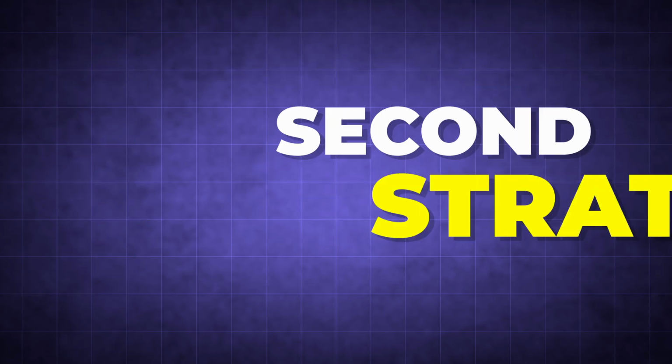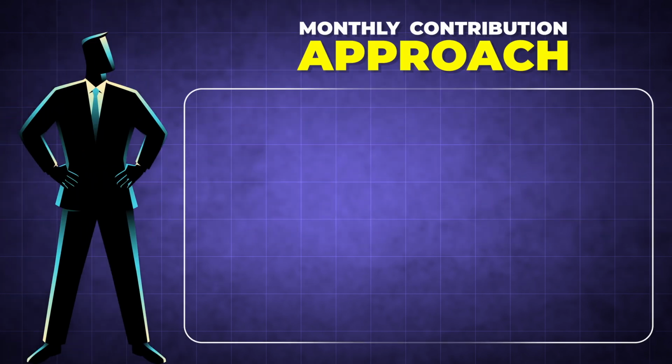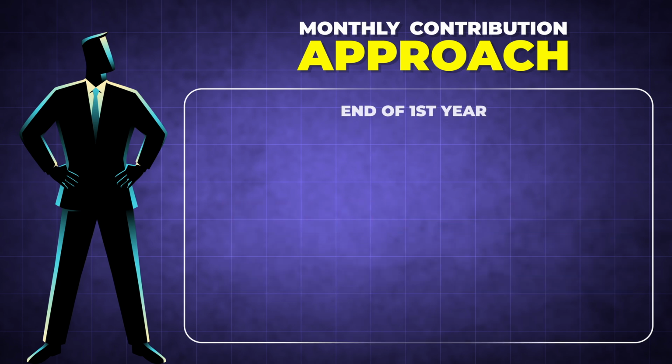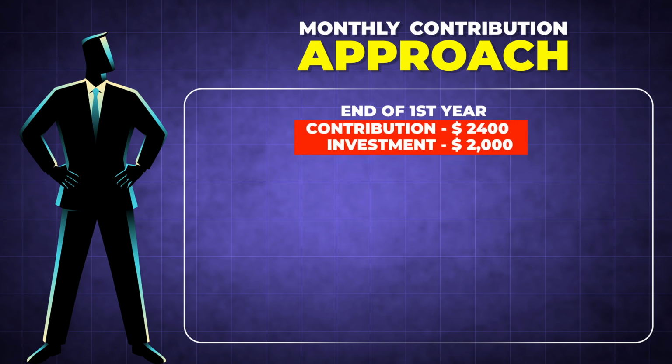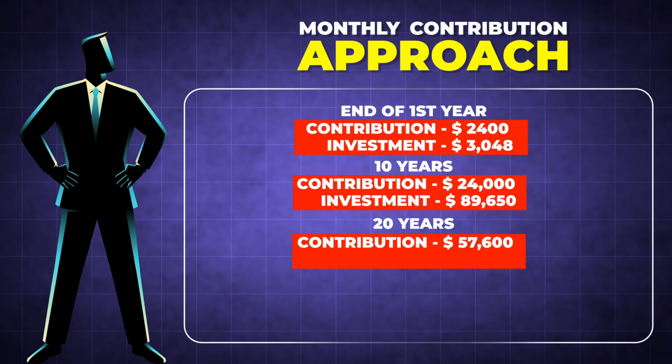Now, let's break down the second strategy, the monthly contribution approach. Suppose David decides to invest $200 every month into this diversified portfolio. By the end of the first year, he would have contributed $2,400, and his investment would grow to about $3,048. Fast forward to the 10-year mark, and he would have invested a total of $24,000, but the value of his investment would balloon to around $89,650. At the 20-year mark, David's total contributions would amount to $57,600, and the portfolio's value would rise to approximately